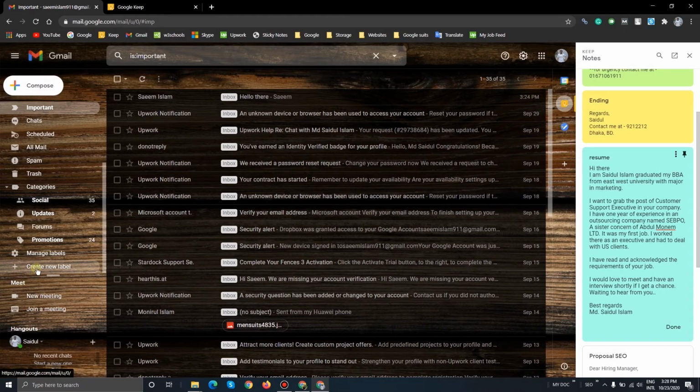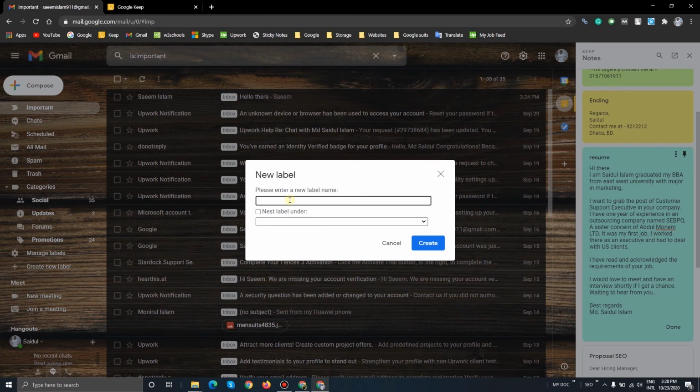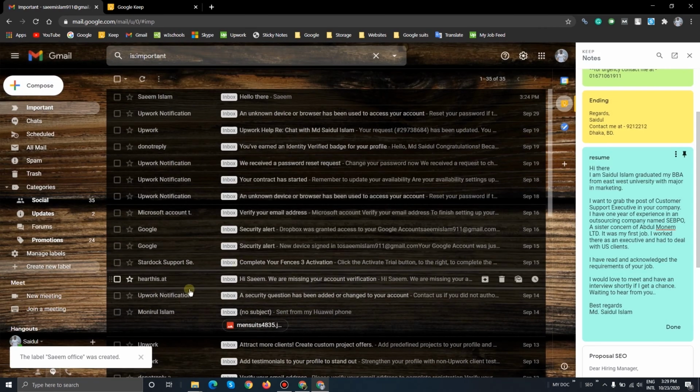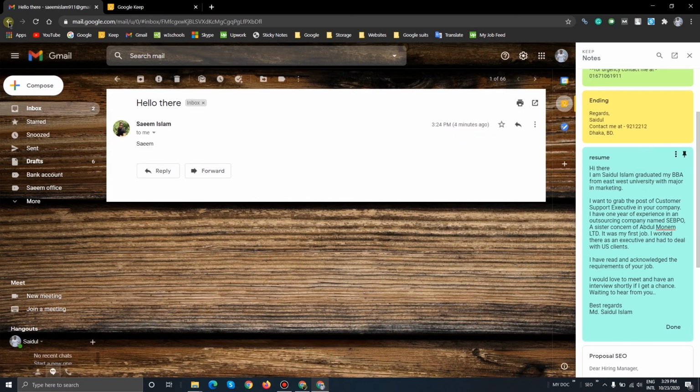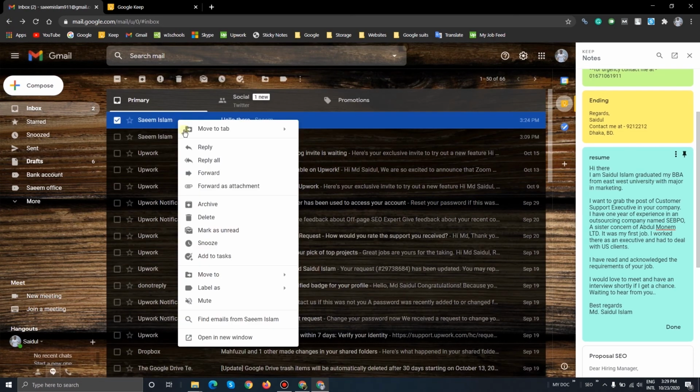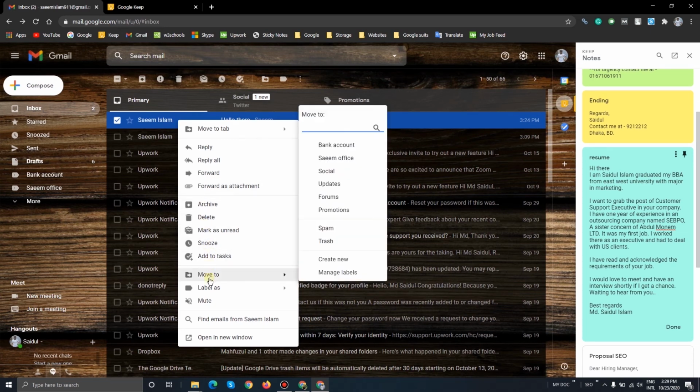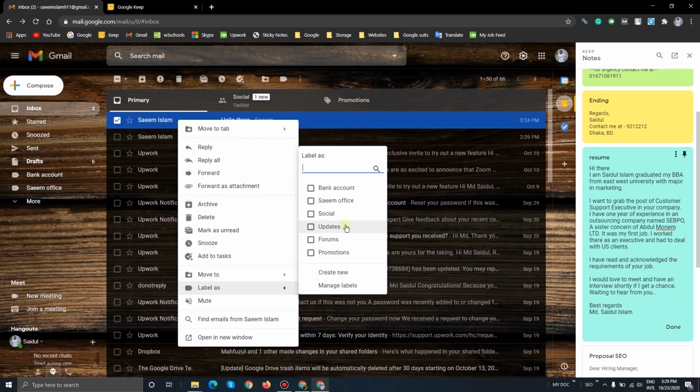Like Outlook, you can label your email. It's like sorting mails based on who sent it to you or where you want to put certain emails. For example, go to label and create, as I have created a new label, Sime Office. Now if you want to move mail under Sime Office folder, you can do it, or if you want to tag mails to Sime Office, you can do that too.